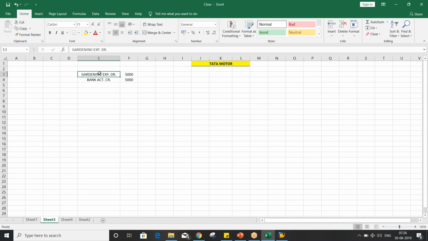So I have quoted the example of these gardening expenses, right? Let's suppose on a daily basis they have to post these transactions. Instead of giving all the details on a daily basis, like text or elements such as cost center, profit center, business area, or whichever other details they want to give,